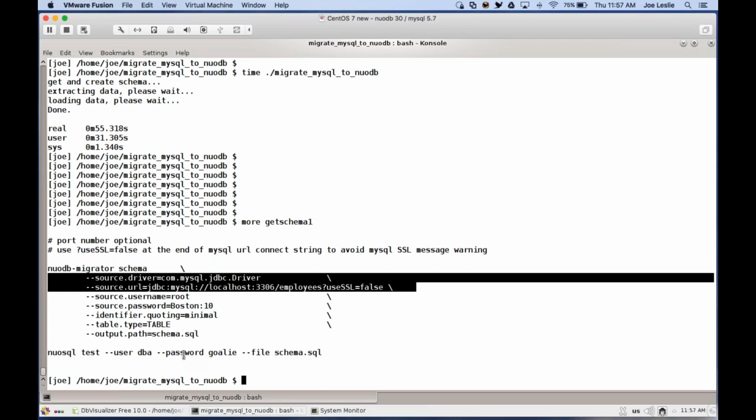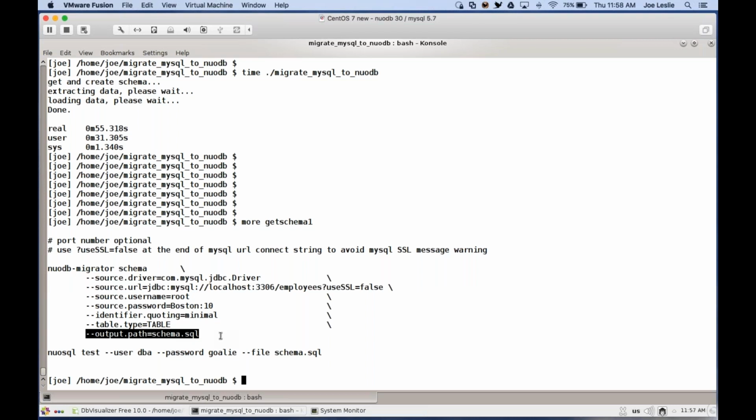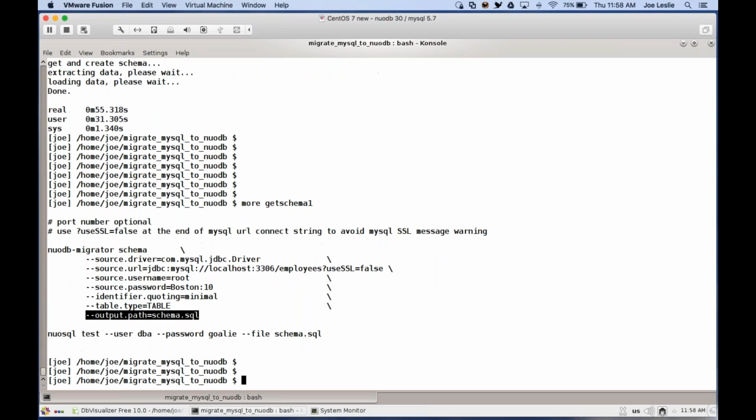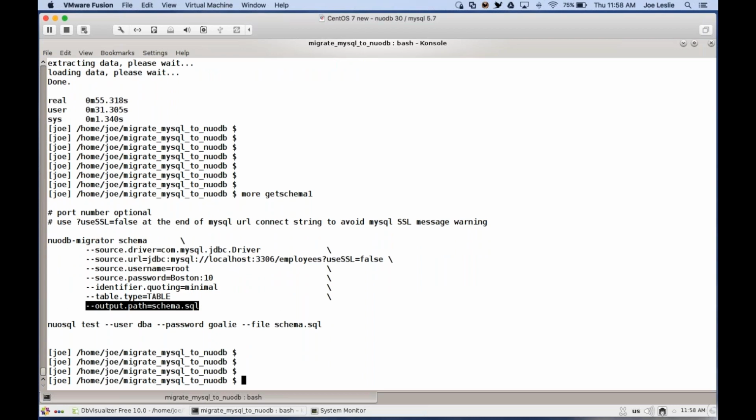In this case, what I recommend, I dropped the DDL script file to disk. That's indicated here, schema.sql. That allows you to then go review the schema potentially before you create it in NuoDB. I think that's a good best practice. I would recommend it. As you can see here, I just use NuoSQL, which is much like if you're familiar with psql or MySQL or Oracle SQL*Plus. NuoDB has its own command line to connect to the database, NuoSQL, which I then ran the schema file with,